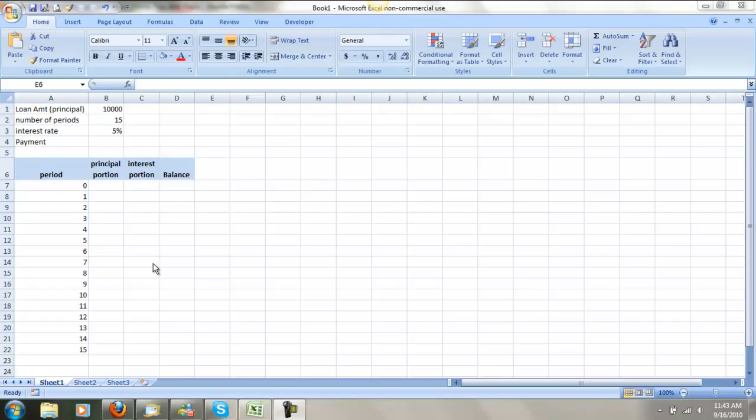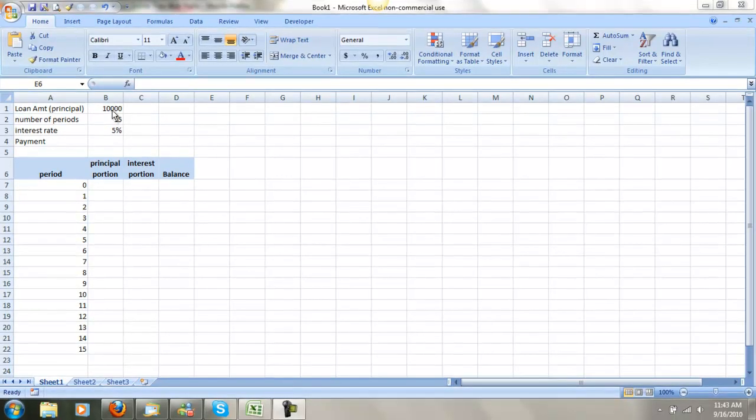Hello, I'm going to show you how to reference individual numbers in formulas so that you don't have any numbers embedded in the actual formulas. This is going to be an example of an amortization schedule. I've arbitrarily picked an amortization schedule of 15 periods so it will fit on one screen. I've selected 5% as the annual interest rate, and here's the amount that we're going to be borrowing, the $10,000,